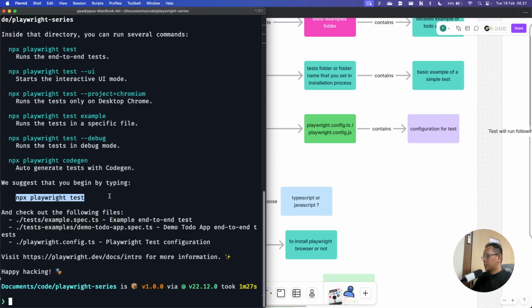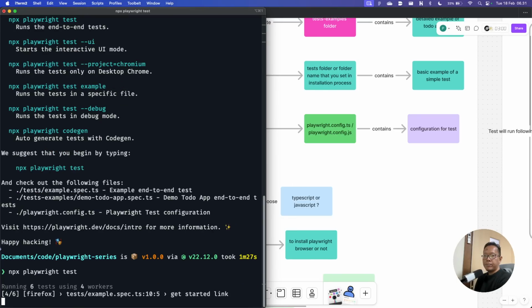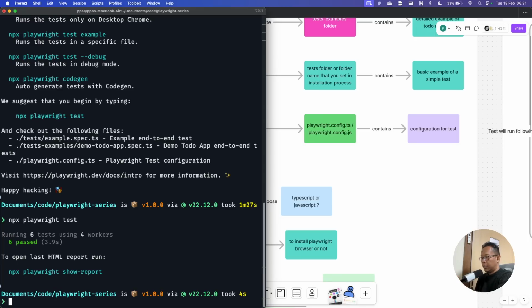So let's try. What happened? It does the test. This is an example of a headless test. It runs only in the terminal, doesn't need a UI, doesn't need anything, it just runs. That's why headless mode is very good, because it can be run on a VPS somewhere, it can be run in GitHub CI, GitHub Actions, etc. So that's why this feature is very good. This is how to install, guys.